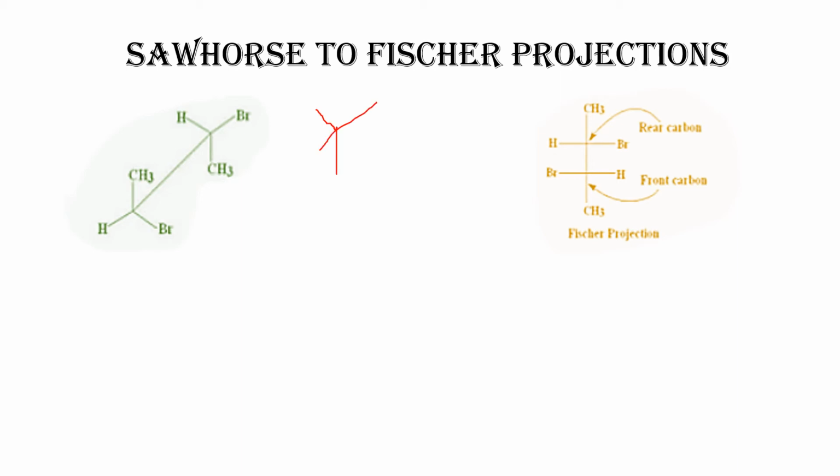Okay, this as it is, it should be there. But in this case, you need to keep this as it is. This also you need to keep like this. So CH3 will come here. This Br will go there. So Br will be here and the hydrogen will be here. Here this will be as it is, we can maintain. So this CH3 will be here, here also CH3, we have to mention it down. So Br, H as it is and H, Br as it is, you have to write. This is the way we need to write it.